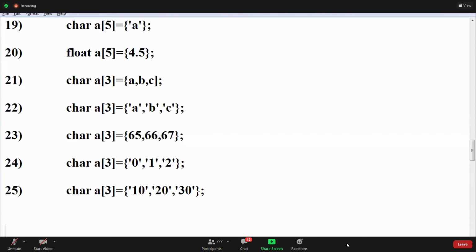Tell me what are valid and what are invalid, from the 21st one onwards. Tell me all, guys.